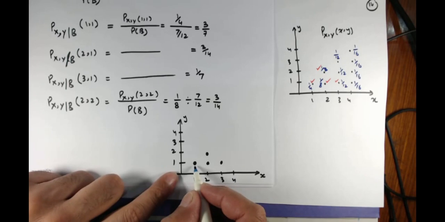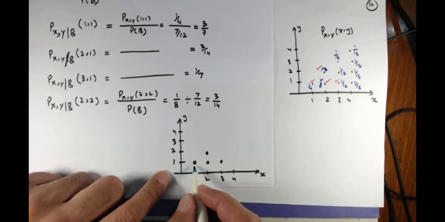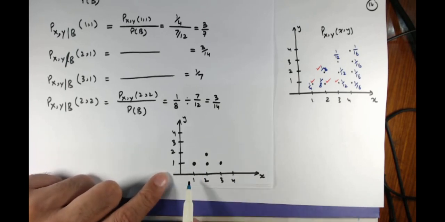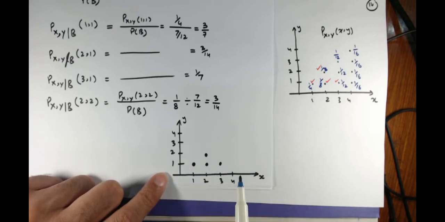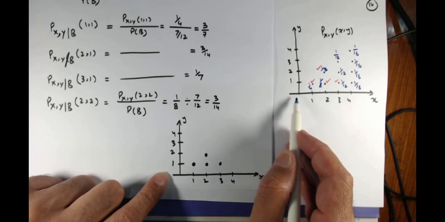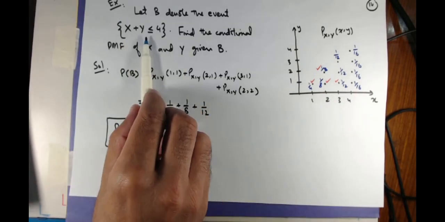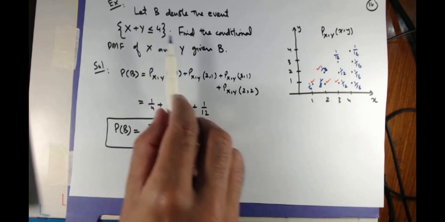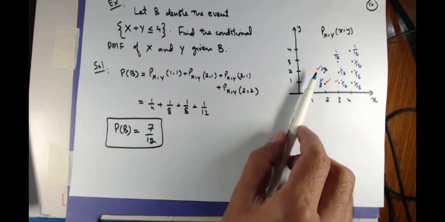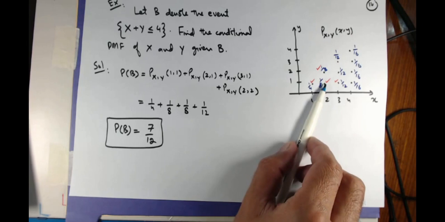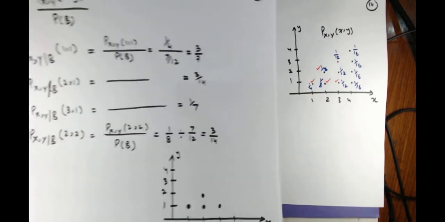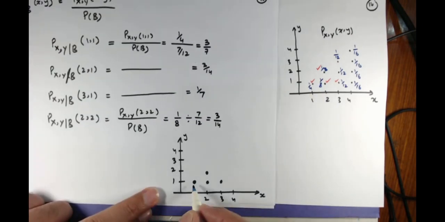This is the conditional PMF, a conditional probability of joint occurrence of 1 comma 1 given that the sample space has reduced to this, given that you have this particular event. This event basically matches these 4 points. Only these satisfy this particular event. So what is the probability here?